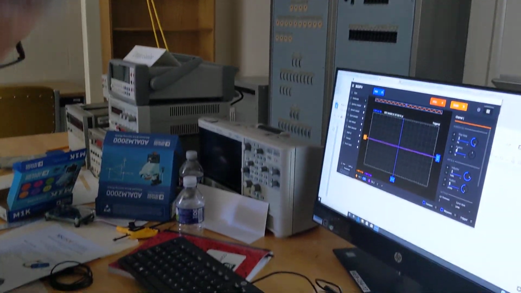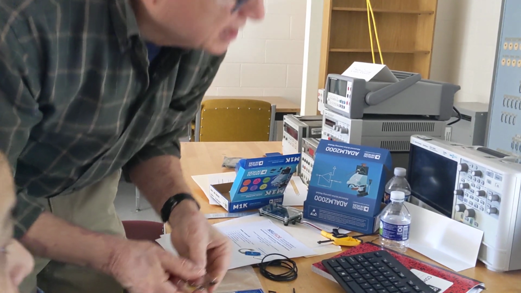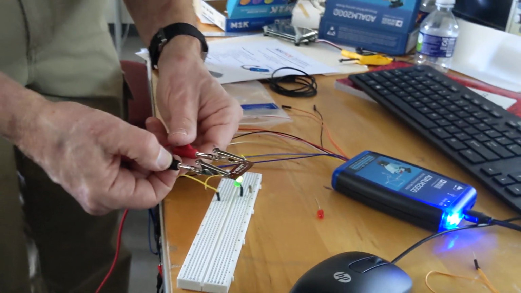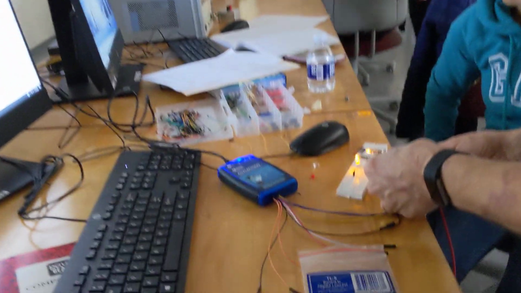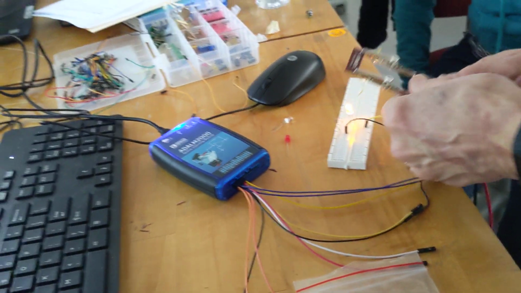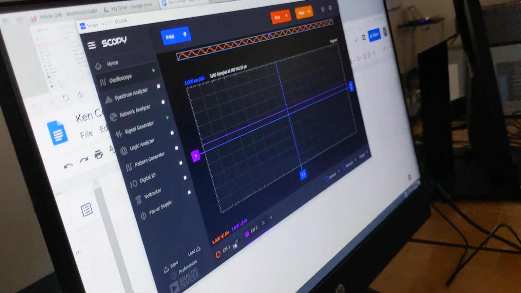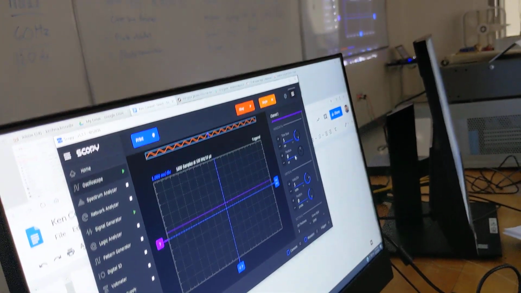So now all we have to do is get the channel chosen so we can look at the signal. As you can see that it's there. We need to get you a brighter LED. So we're going to make the scale for this, so we don't need this one. We're only using the one. And we're going to make this be